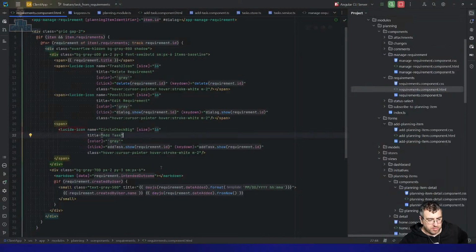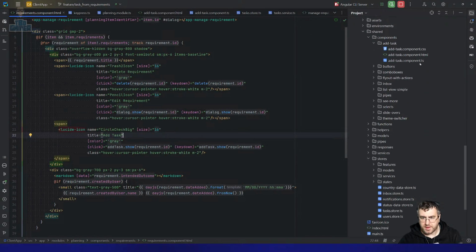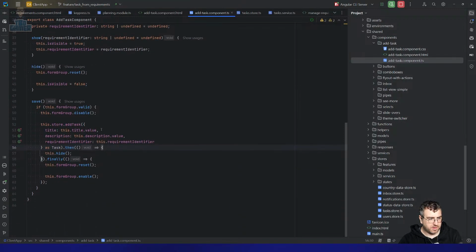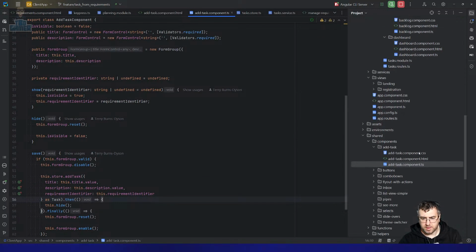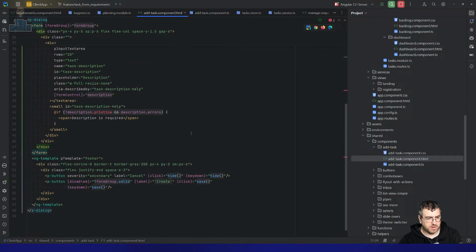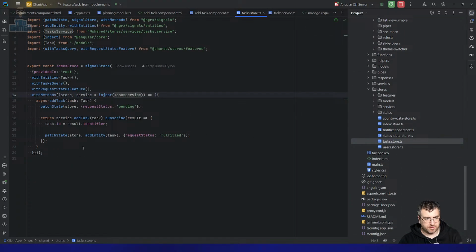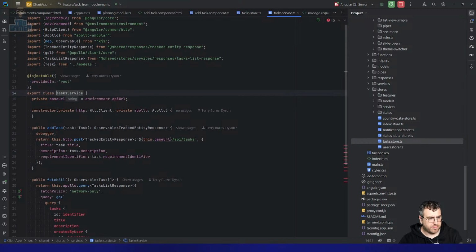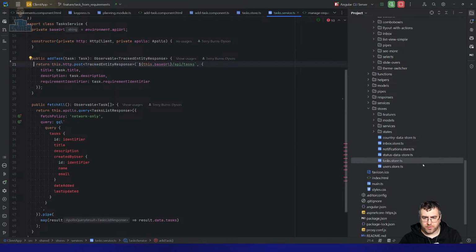I want to remove that debug statement as well. Again, we move that there. That was in add task. I think it was in the store. I did that, task store. Was it in the service? Yeah, service, okay. Okay. So